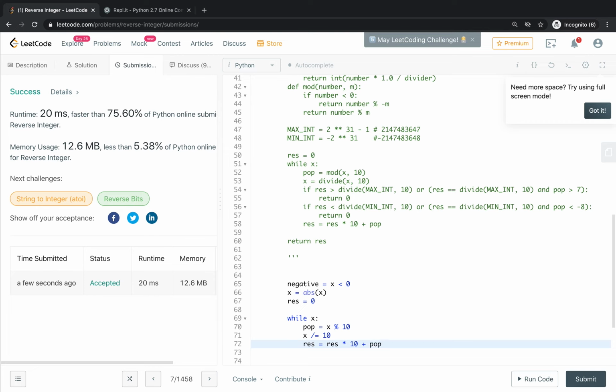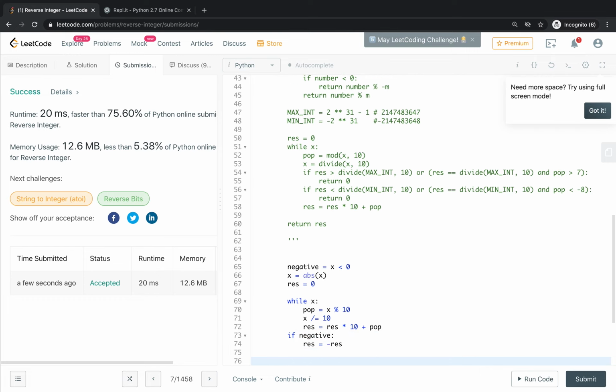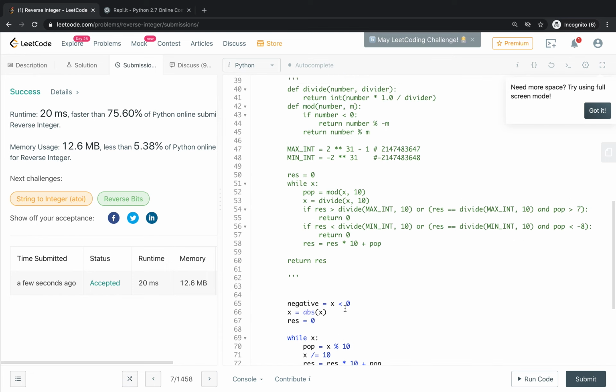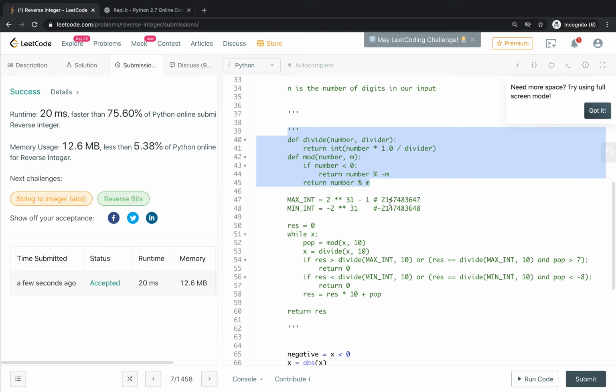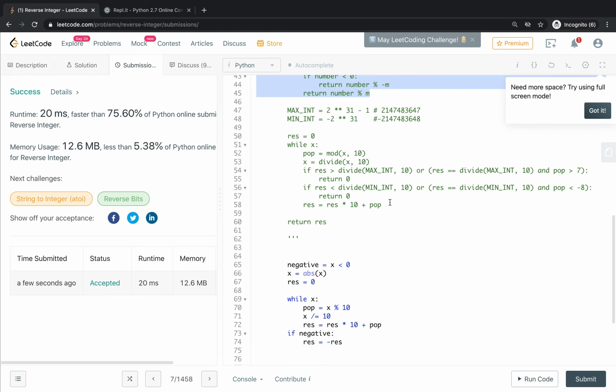So this is very similar to our initial idea. And then if negative, res equals negative res, right? So we basically translate all of our negative numbers into positive numbers, and then we can get around that issue that we were describing earlier. When we are doing mod and division by negative numbers in Python 2, we sometimes have some problems. So we can get around it by also absolute valuing x. And this sort of works,